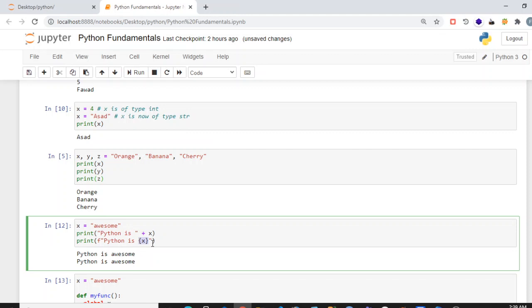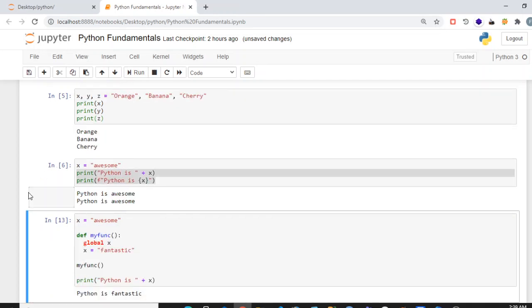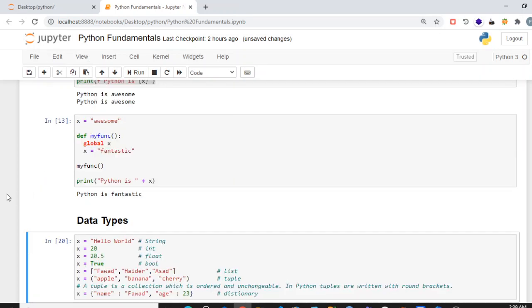These two statements will do the same work. It is your preference, whatever way of outputting you like, you can use it. They all do the same work.